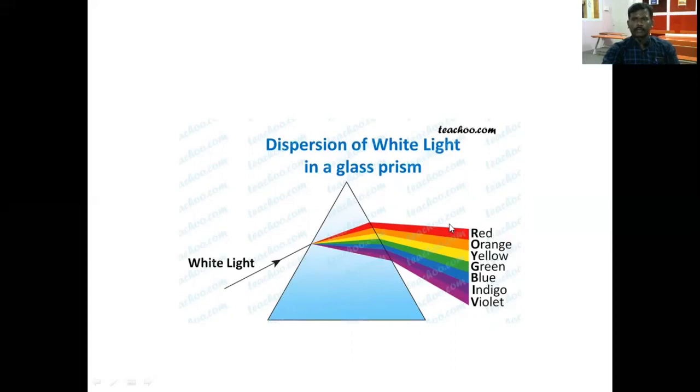Especially speed. We know the formula for refractive index, mu is equal to c_a divided by c_m, or lambda_a divided by lambda_m. And I will give another formula, mu is equal to sin i divided by sin r. So which one is moving with high speed? Which one is moving with lesser speed? High speed means, mu is equal to c_a by c_m, if the light is moving with high speed, the refractive index is very less. High speed means refractive index is less.